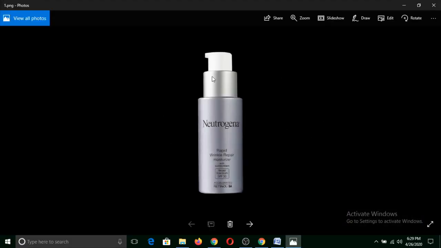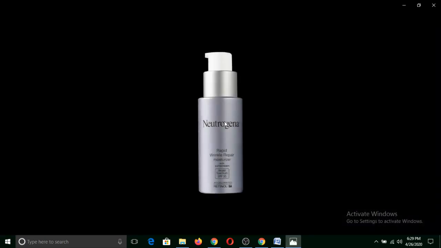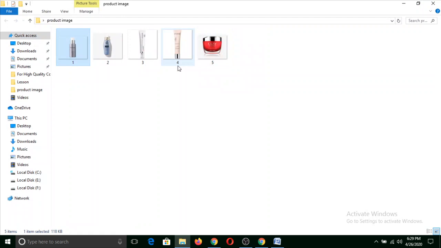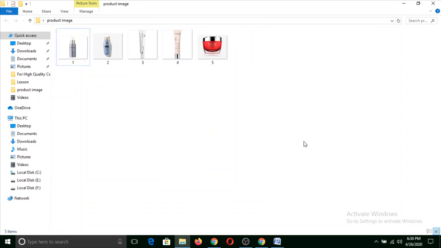Just like this one doesn't have any background, it is simply the image of the product, and this type of image is also called PNG. You cannot find all PNG images, so it would be okay if it is JPG also, but be sure that the background is white.